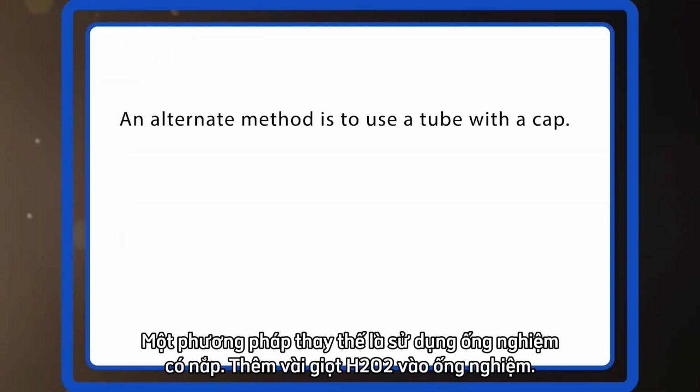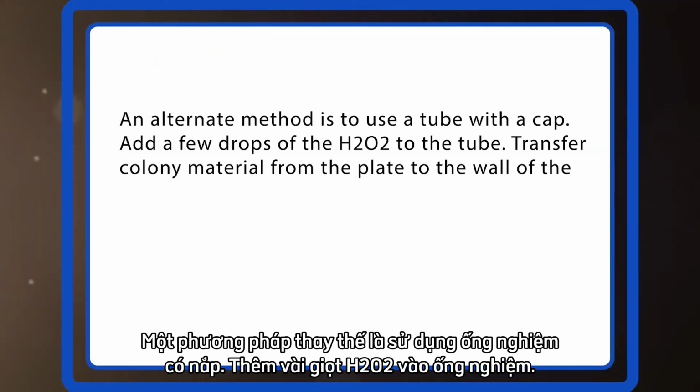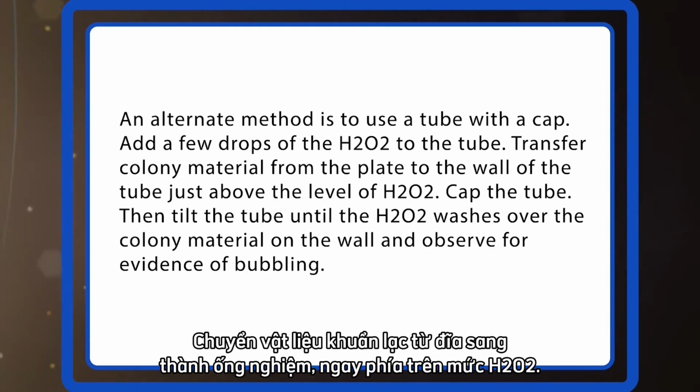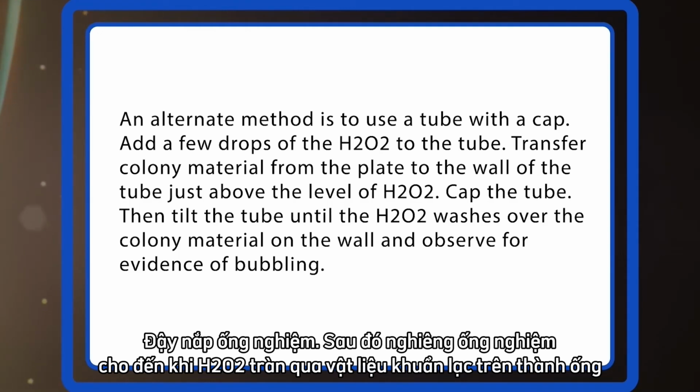An alternate method is to use a tube with a cap. Add a few drops of the H₂O₂ to the tube. Transfer colony material from the plate to the wall of the tube just above the level of H₂O₂. Cap the tube, then tilt the tube until the H₂O₂ washes over the colony material on the wall and observe